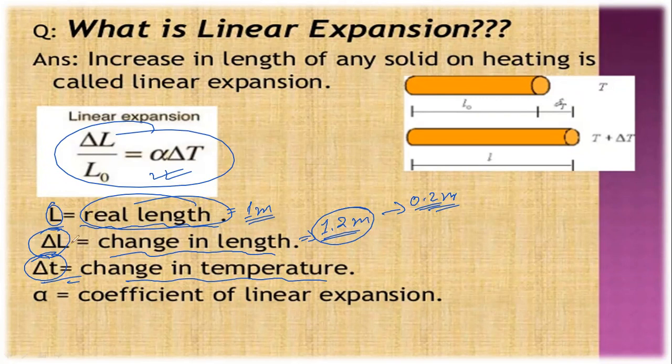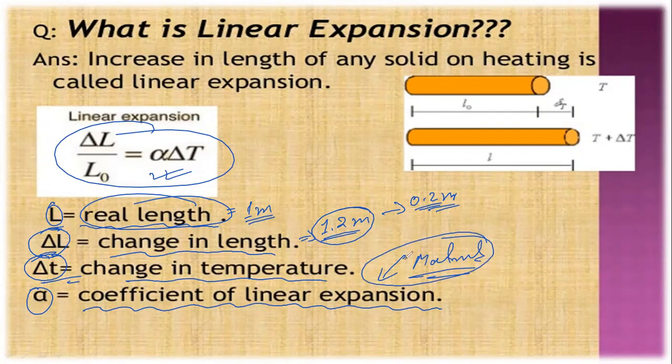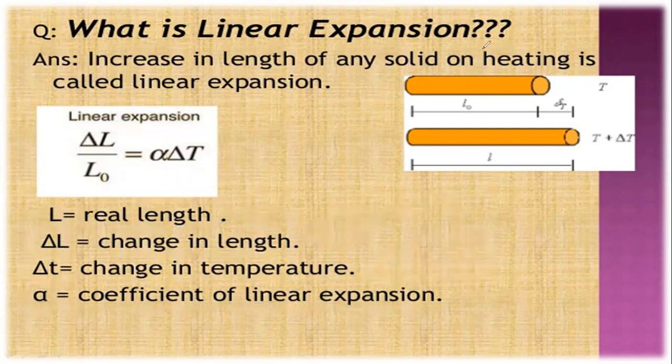So that is a very important thing. And over here this alpha is the sign which is showing the coefficient of the linear expansion, which depends on the material which we are using. जिस तरह के मटेरियल का हम लोग इस्तेमाल करेंगे, उस मटेरियल में कितनी एक्सपेंशन होने की चांसेस है, उस चीज को रिप्रेजेंट किया जाता है कोफिशिएंट ऑफ द लीनियर एक्सपेंशन।